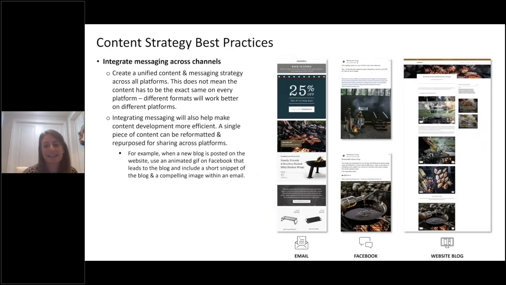All right, so email marketing can be quite a bit of work, but especially as we start getting a little bit more advanced with our marketing programs, think about it's not just for the email, that this content can be used across a lot of different channels. So what you're seeing here is